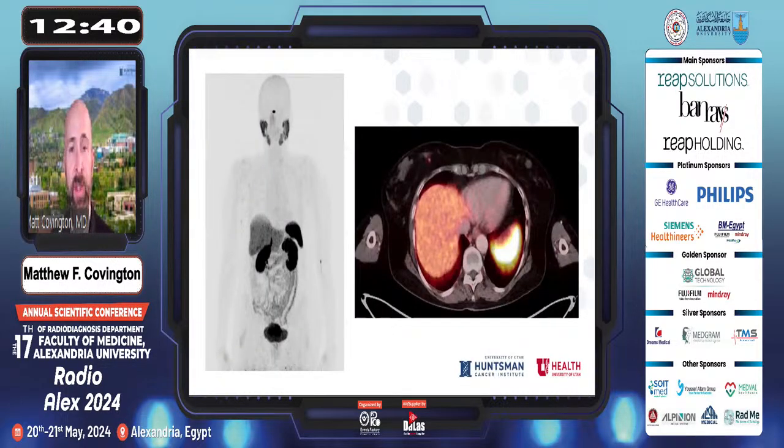Another case here, and this shows that not all breast cancers are identified on an FDG PET. This was a copper 64 dotatate that was performed for treatment response for a pancreatic neuroendocrine tumor that had been resected. And you see it better on the fused axial PET-CT that there is somatostatin receptor uptake. There's binding and uptake on this dotatate scan in the breast. And so appropriately, this was sent for breast imaging evaluation and biopsy, and this was confirmed to be an invasive